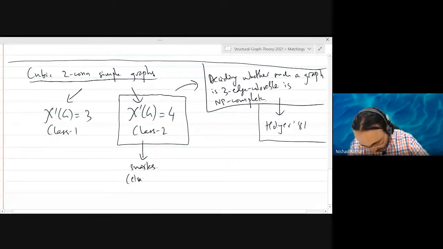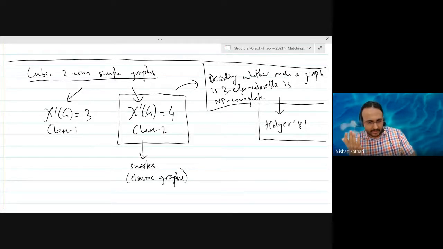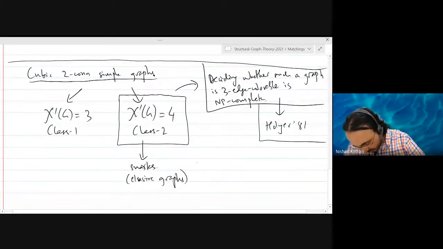For a long time, some people even suspected that there might be just a finite number of snarks, but now we know that there are infinitely many snarks. And we don't know of any good characterization of snarks. You don't expect one because of Holyer's theorem, right? And the smallest snark is the Petersen graph,